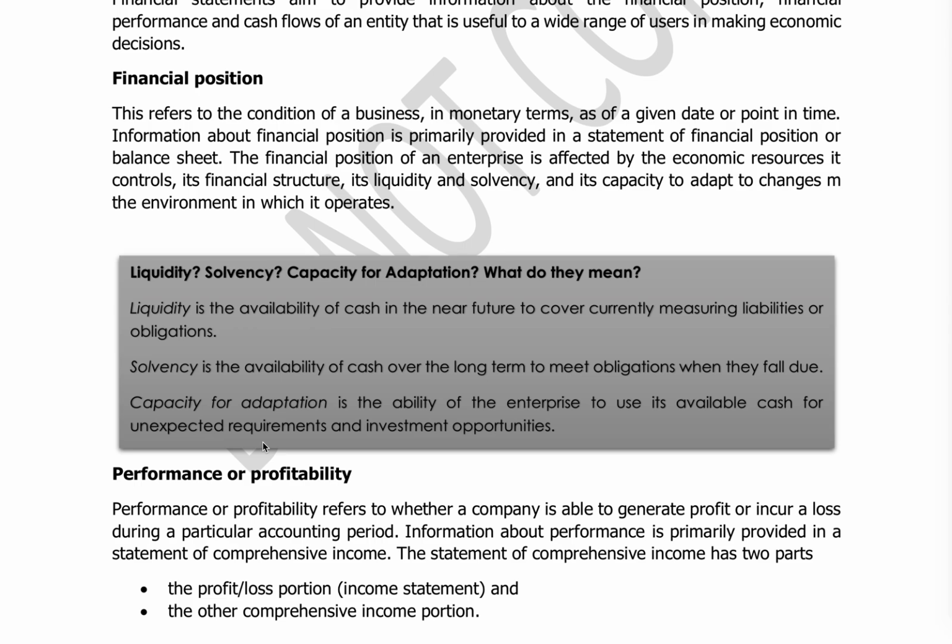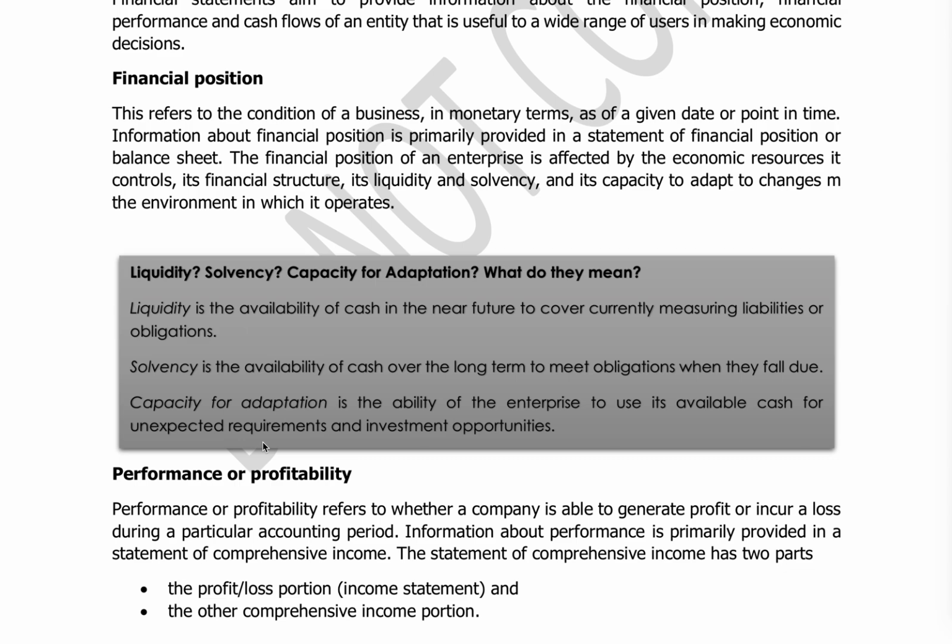Ano ba itong statement of financial position? Ito yung balance sheet. This refers to the condition of a business in monetary terms at a given date or point of time. Ano sabi dito? Information about the financial position is primarily provided in a statement of financial position or the balance sheet. The financial position of an enterprise is affected by the economic resources it controls. So, ano ba yung mga economic resources na nakokontrol niya? Its financial structure, its liquidity and solvency, and its capacity to adapt to changes in the environment in which it